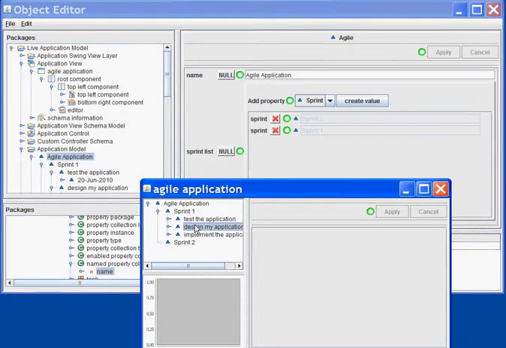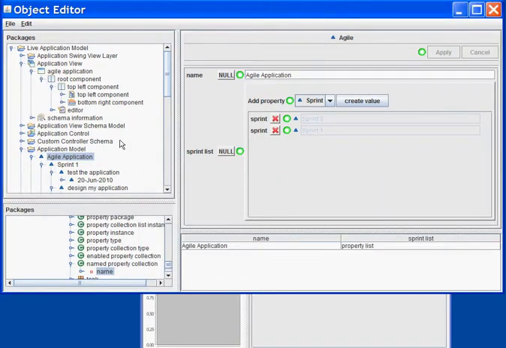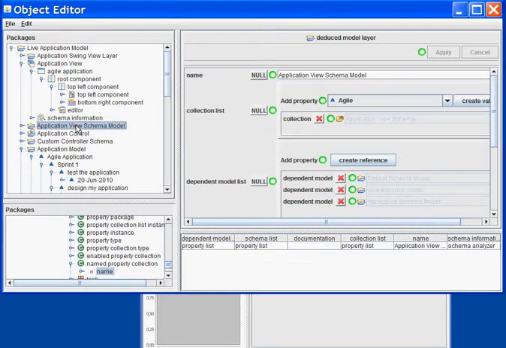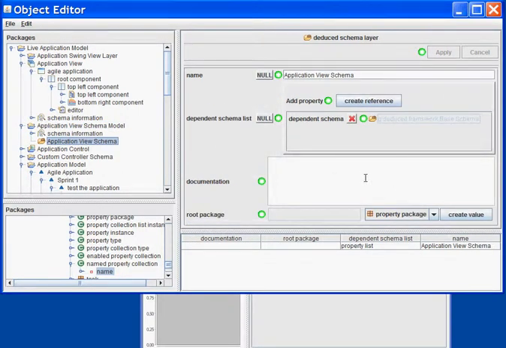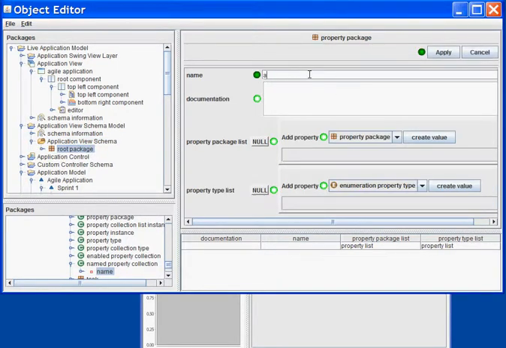Now, I need to bind the selection in my tree to my editor. To do that, I will need to create a custom editor that is bound to a selector. So to do that, I will go in the application view schema and start creating classes that are only good for the view layer. So I will create a package,